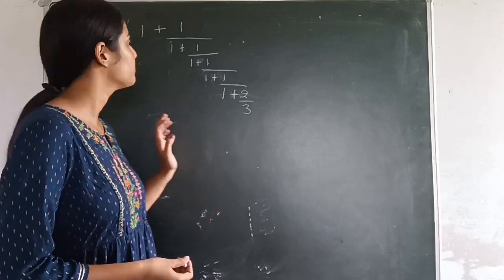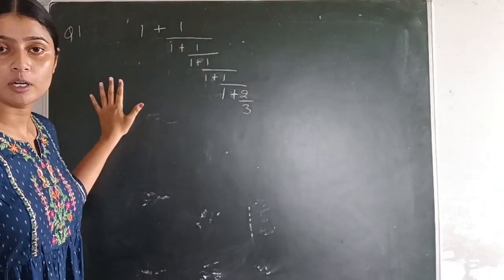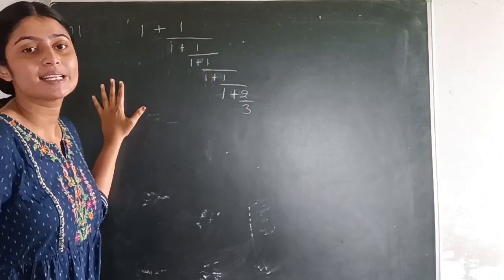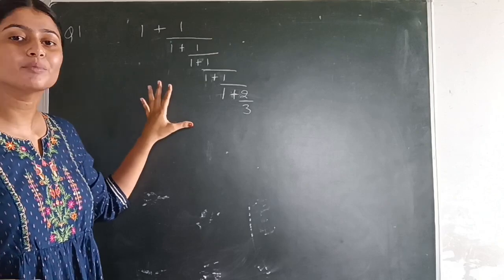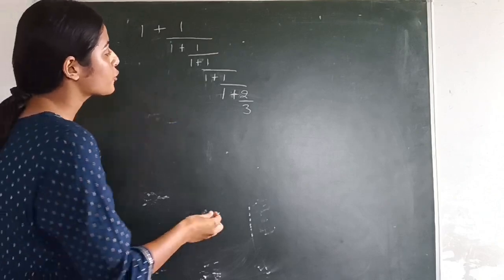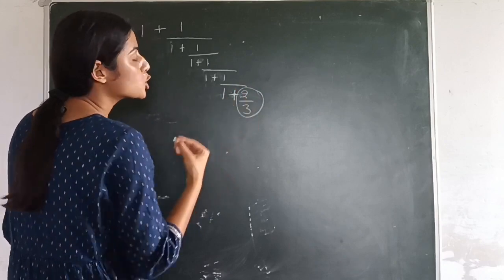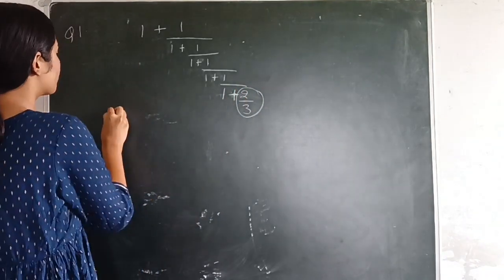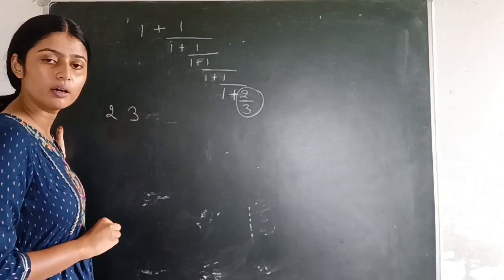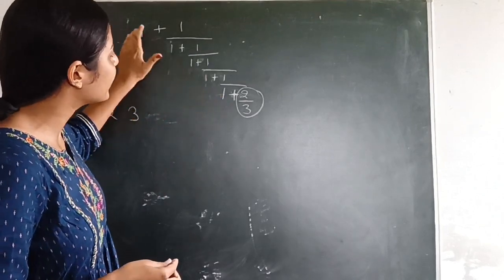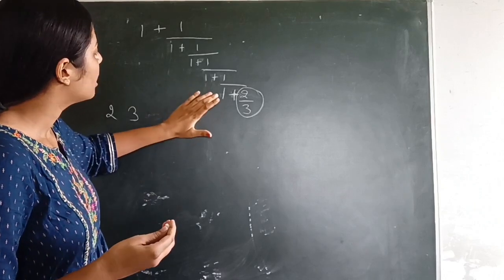So here's the first one. You can observe the question, numerator, and then continuously there are denominators. So there are some tricks to solve this. First of all, we will observe the last fraction, which is 2 by 3. So we will write 2 by 3 over here, and then we will observe that it is continuously getting added